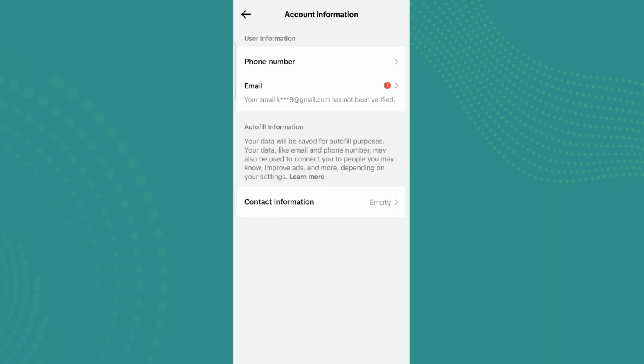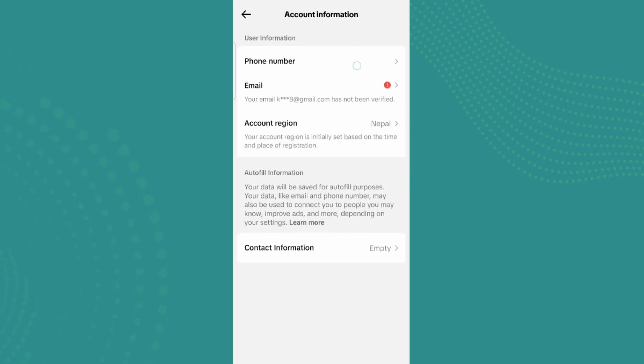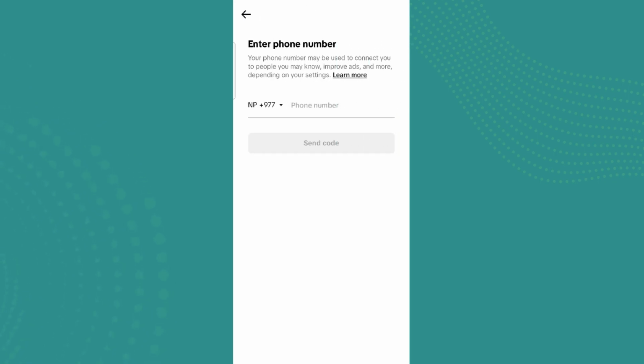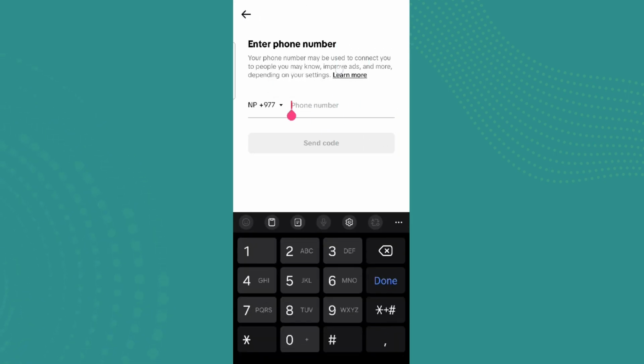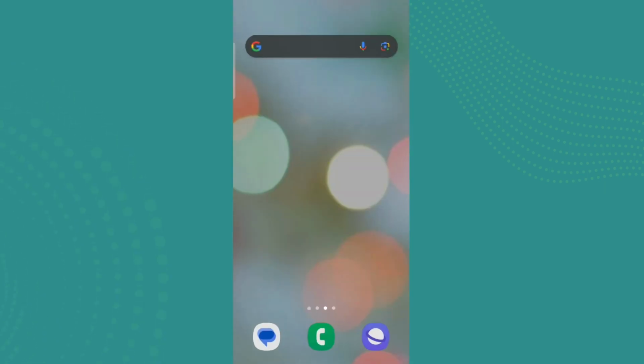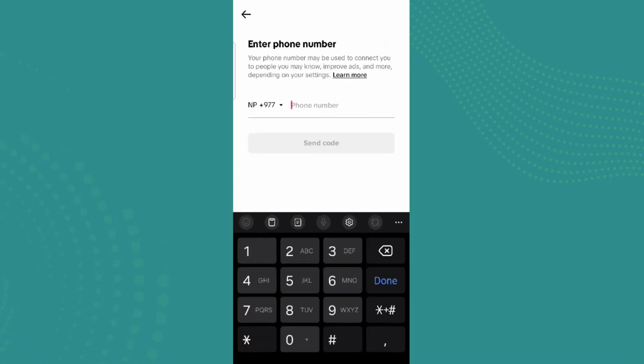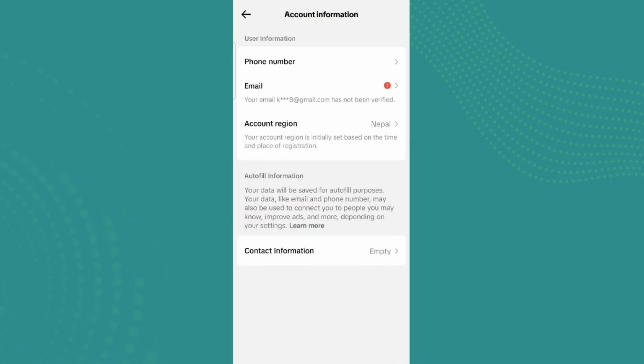and click on account information, and here we can see the phone number option. Simply tap on that. Here we can see I have not added my phone number yet, and you can simply add your phone number here, and if you want to change it you'll be able to see the change option and you'll get a code in the new phone number, and after that you can finally change your phone number if it is lost. And if this does not work you can simply get into reporting a problem